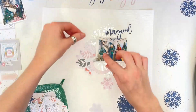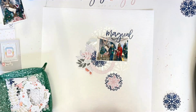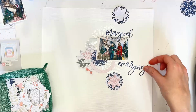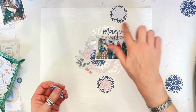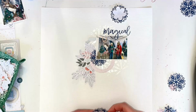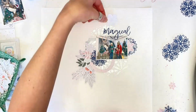Yeah, that texture paste is beautiful. It's just kind of white, and when it goes through the stencil it looks quite white, but when it dries it is the most beautiful glittery finish. It almost looks silver. It is really very, very pretty. I'd highly recommend it. It's really gorgeous. So I just did that whole area using that stencil,